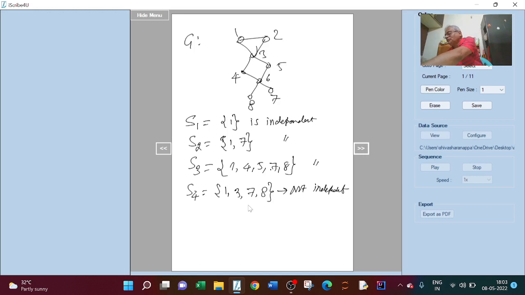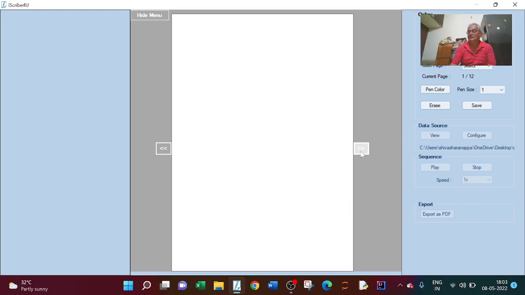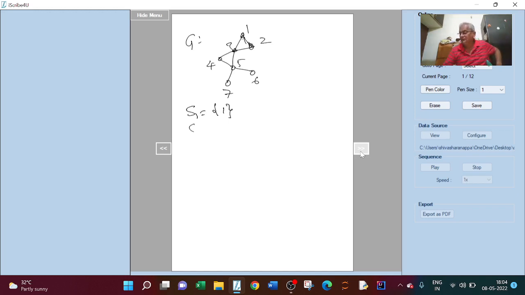Now we'll consider some more examples on independent sets. Let me write one more. This is a graph with vertices 1, 2, 3, 4, 5, 6, 7. Here we take S1 equal to 1. Definitely this is independent. And next, S2 equal to